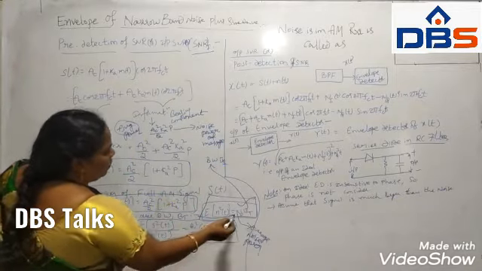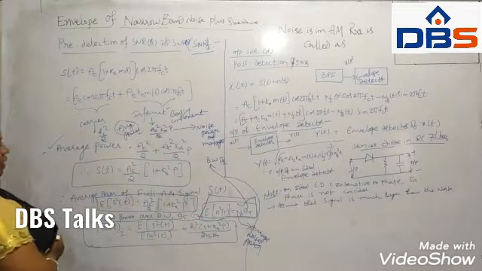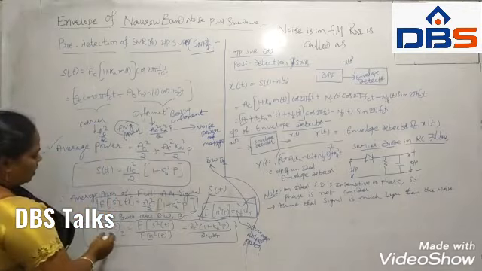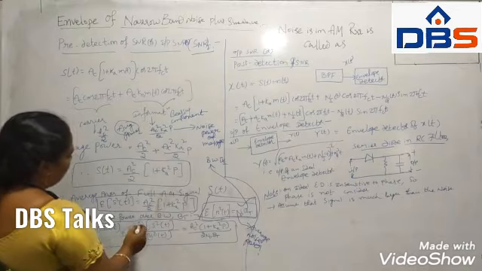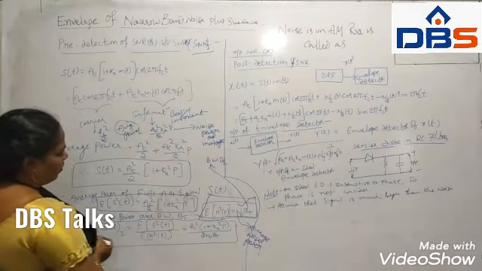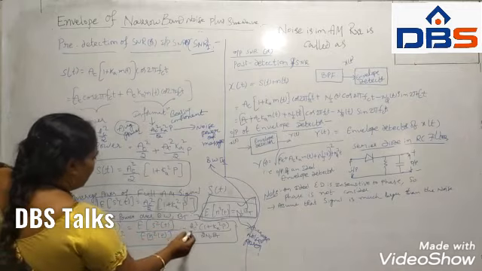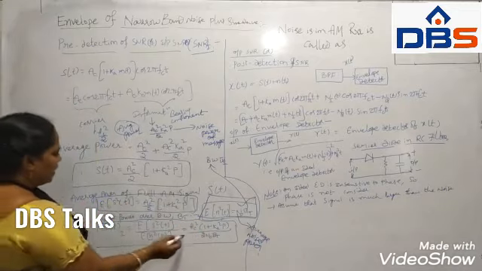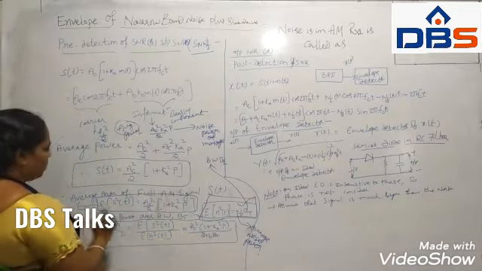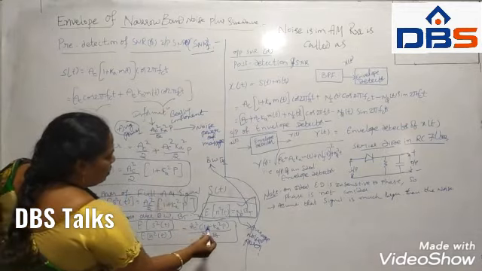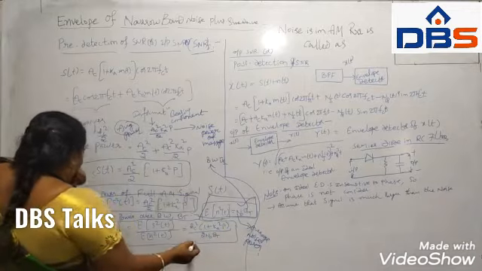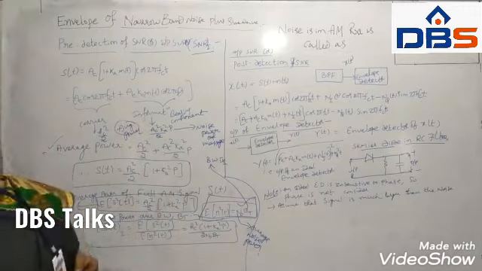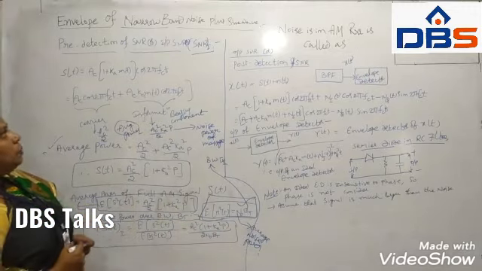E of n square of t is equal to N0 into Bt. So here we define finally what is the prediction of SNR or SNR input, which is equal to E of S square of t by E of n square of t. That is equal to AC square into 1 plus Ka square P, already we derived here, that is the E of S square of t. So this I will write here: AC square 1 plus Ka square into P by 2 N0 into Bt. So this is the prediction of SNR or input SNR.